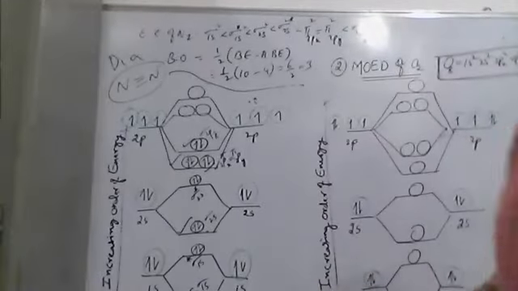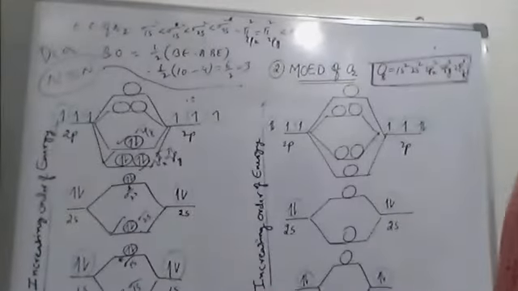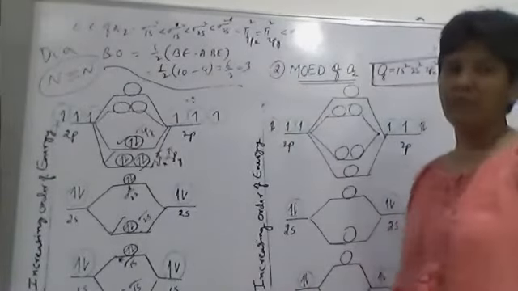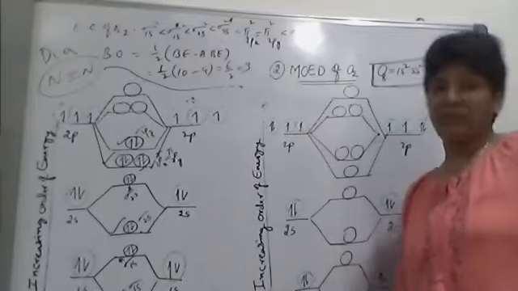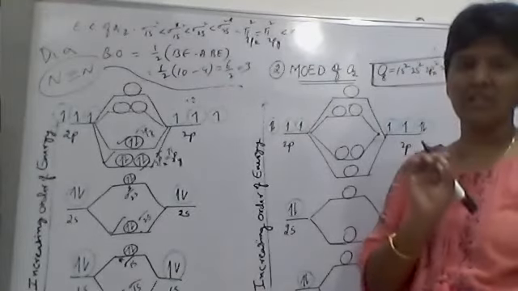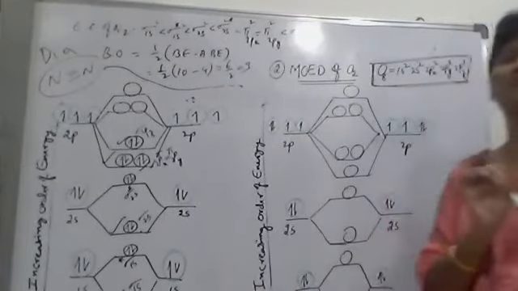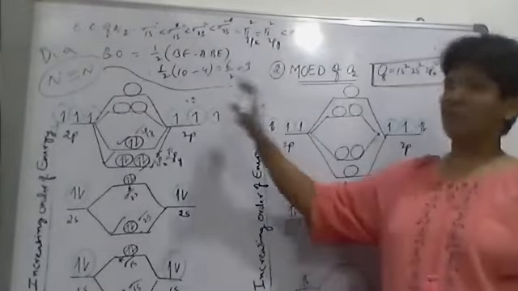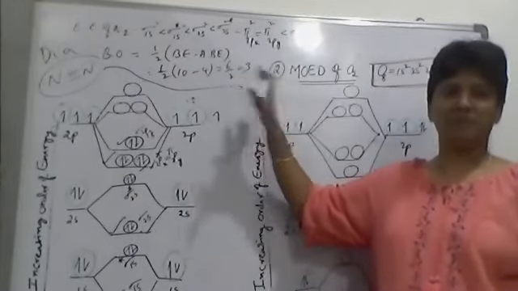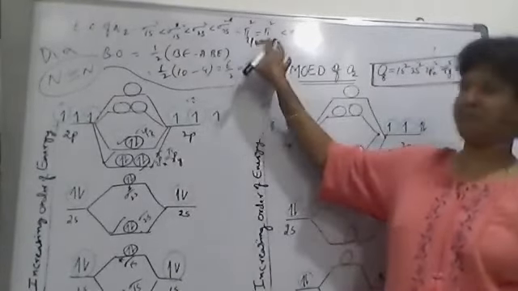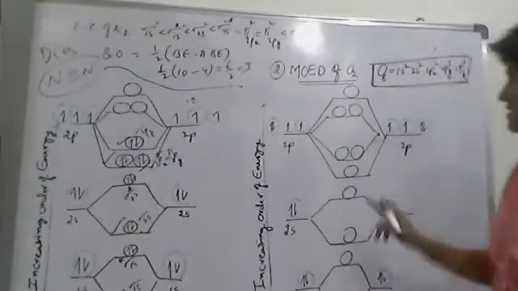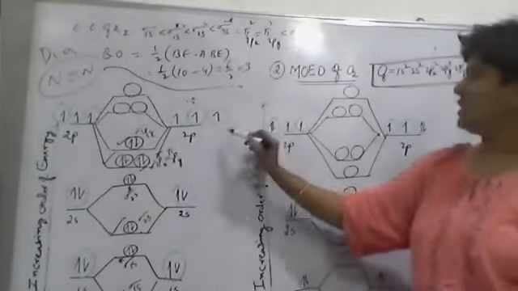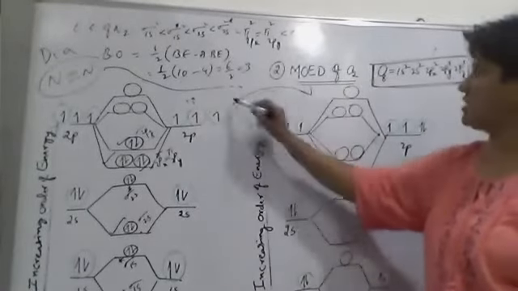Now we'll come to the oxygen. Before going to the oxygen, see here, how many total electrons are in the nitrogen molecule? 14. Okay, there is a little change in the arrangement of electron configuration of molecular orbitals. Up to 14 or 15 electrons, you have to follow this type of diagram. For 16 electrons, a little change is there. You can observe the change here.